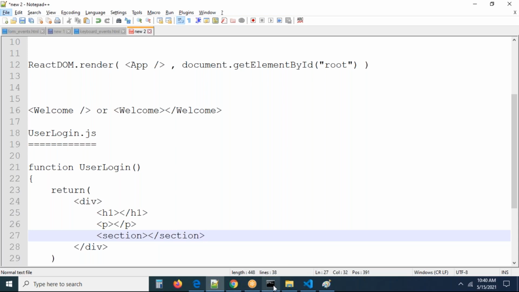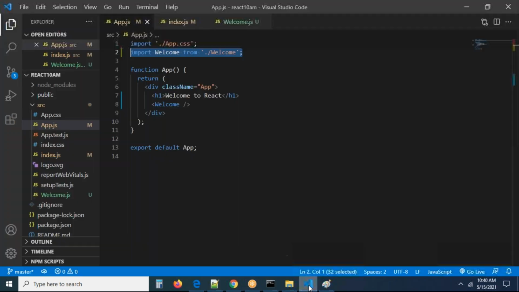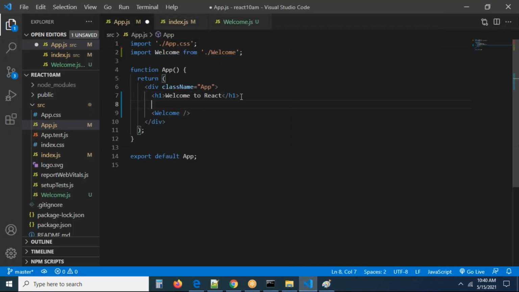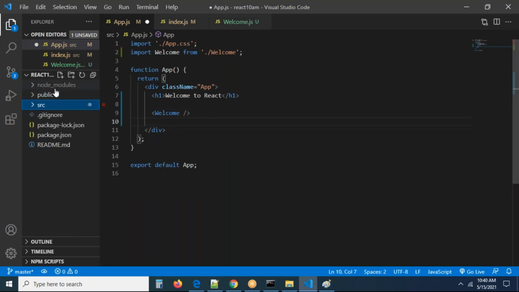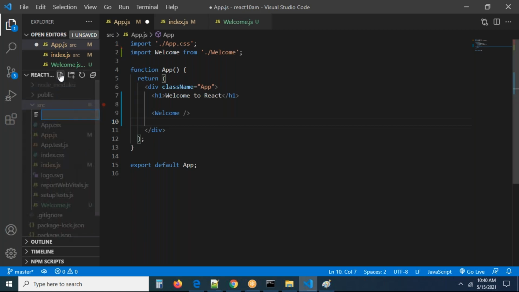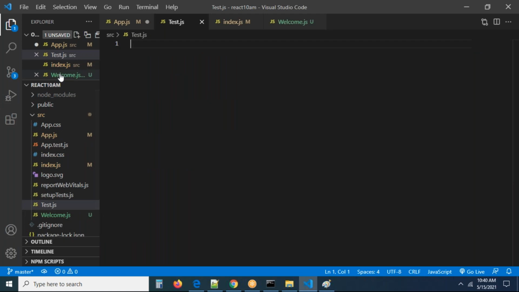Now you guys need to get clarity on what exactly we are doing. The component you created, right? What is the component you created? That is a Welcome component you are loading here. For example, now you are going to create one more component. Select src and click new file with the name test.js. I'm creating one more file called test.js. I'm going to create the function again. Function, name of the component is going to be Test. Exactly, capital T, guys. It should be capital T. Function open, function close.